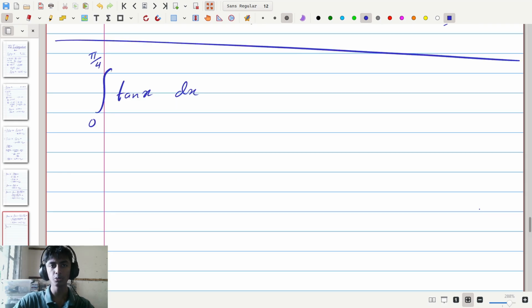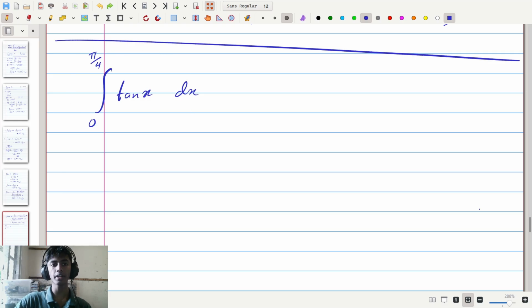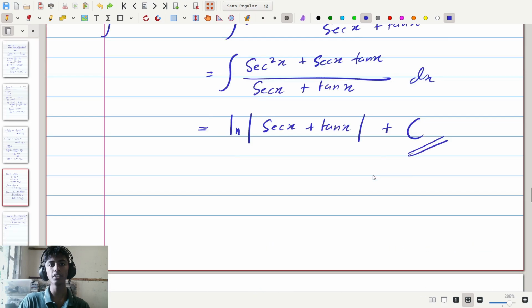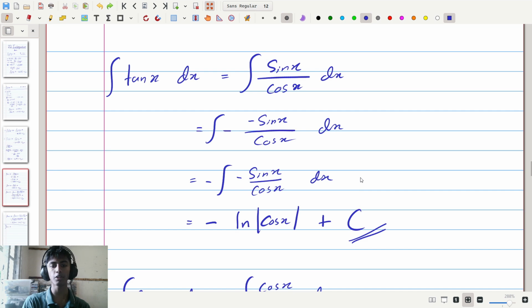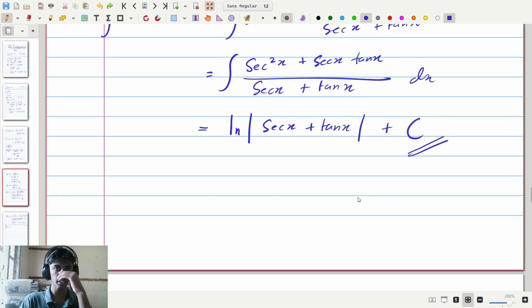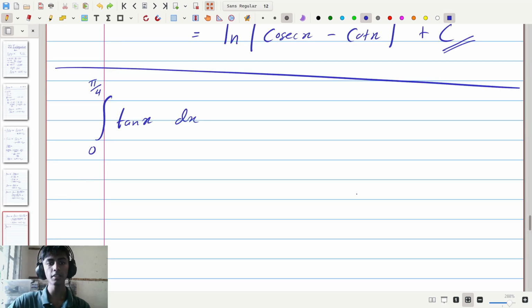Using this new knowledge, we can now solve integrals that we couldn't solve previously. An example integral is given here. This integral is trying to find the area under the curve of tangent of x from x equals 0 up to x equals pi by 4. So then, using our previous knowledge of the indefinite integral of the tangent of x, which we know from above, is equal to the negative natural logarithm of the absolute value of cosine of x plus c, we know that if we have the definite integral from 0 to pi by 4 of tangent of x, it must be equal